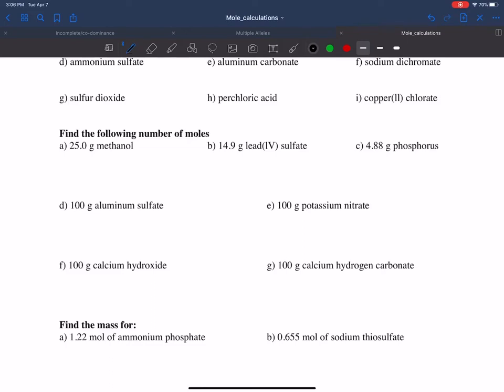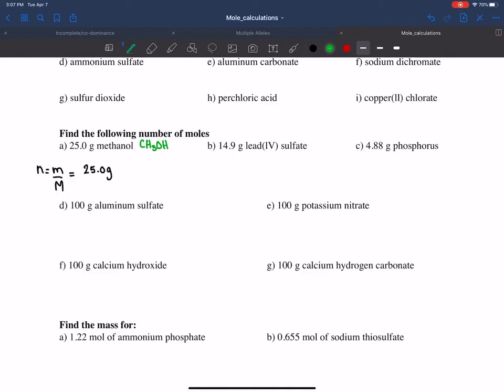Okay. The next question here, we have to find the number of moles. So for these ones, we're going to be using the formula that we had in the sheets. So we have number of moles is mass over molar mass. And we have the mass, which is 25.0 grams. We need the formula for methanol, which we can find in our data booklet. It is